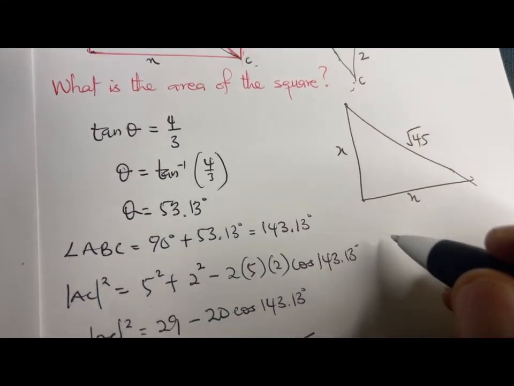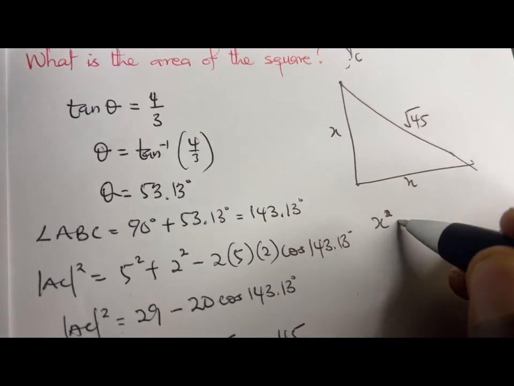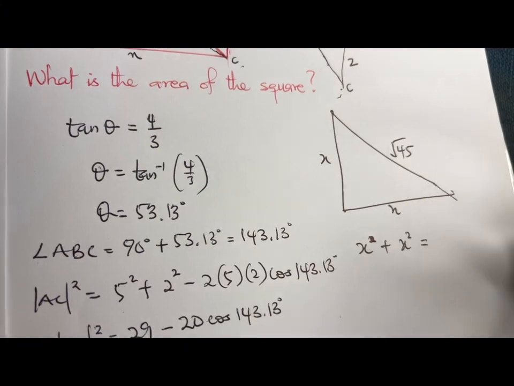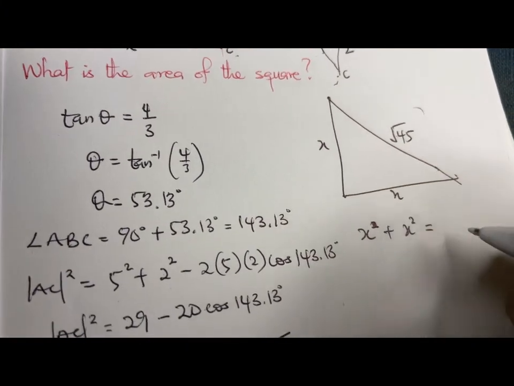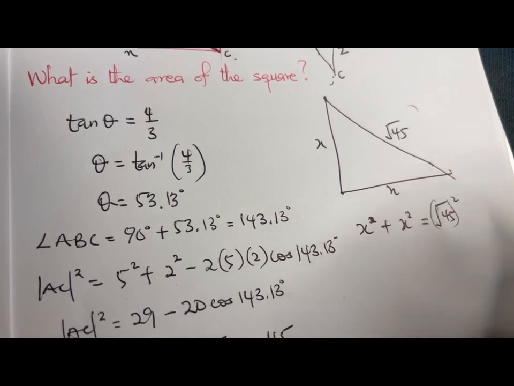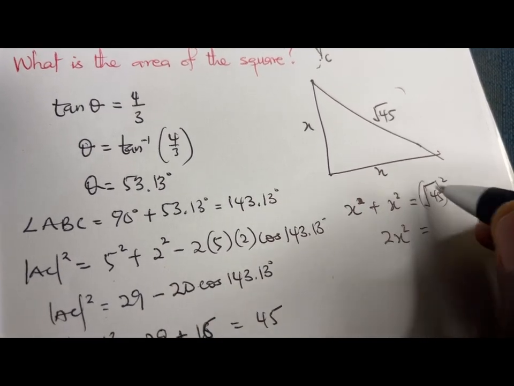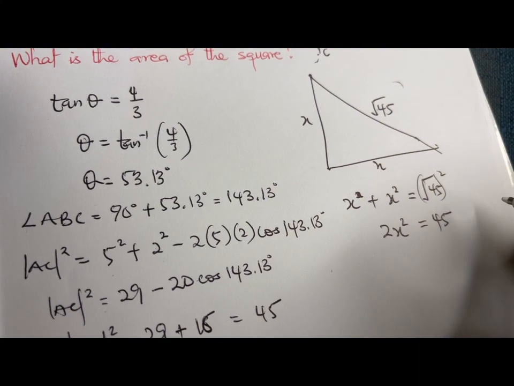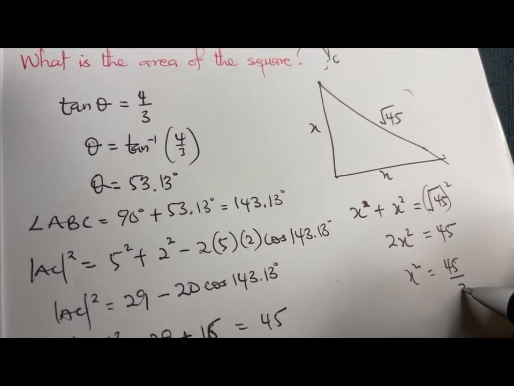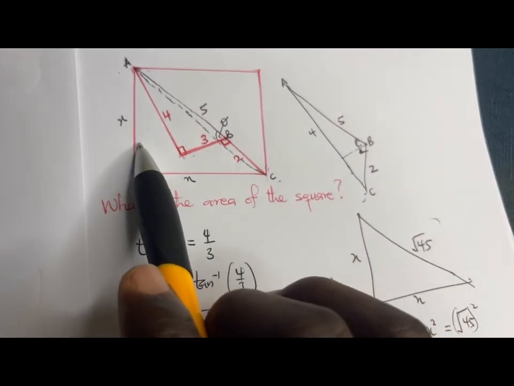So this means that x square plus x square equals, by Pythagoras theorem, the hypotenuse, so we have square root of 45 all squared. So when we simplify this, we get 2 times x square equals 45. So x square equals 45 on 2. And you should know that the area of the